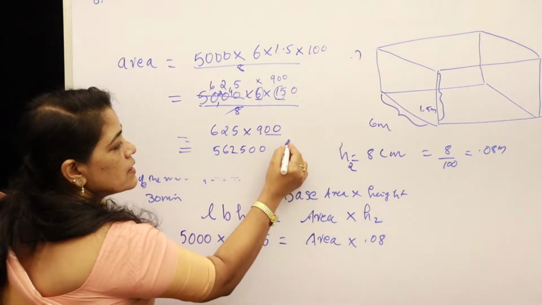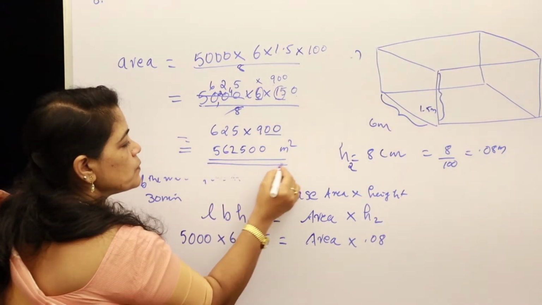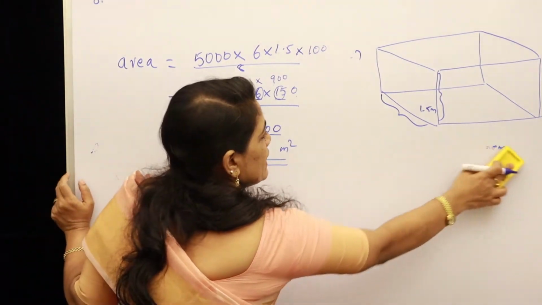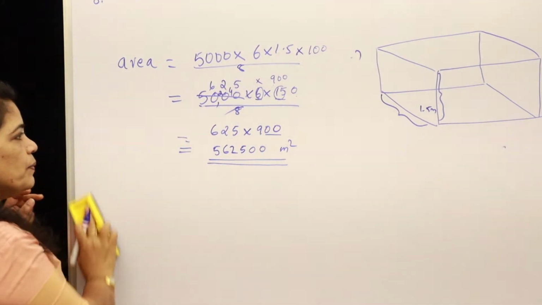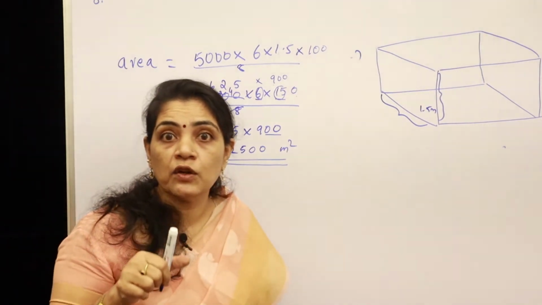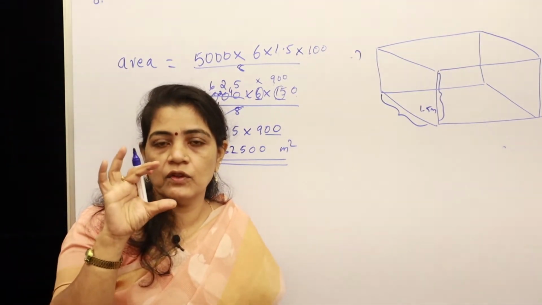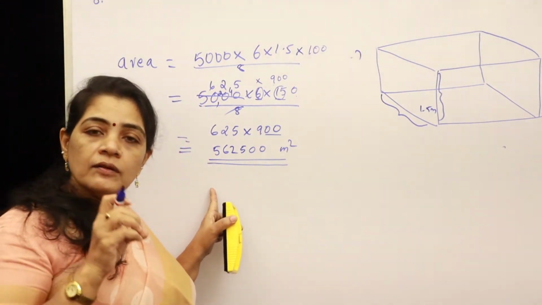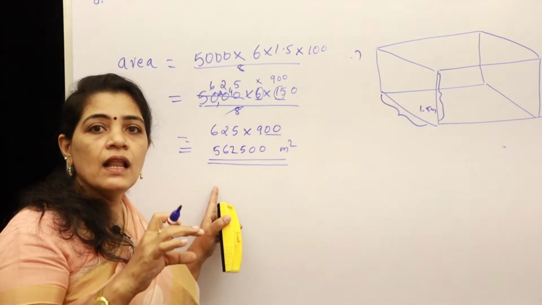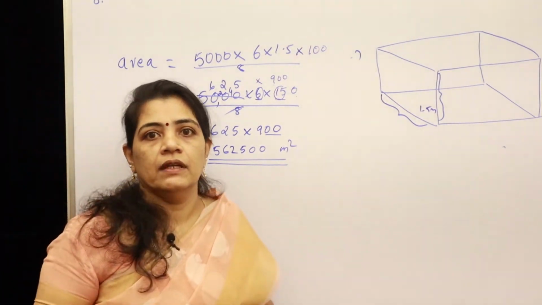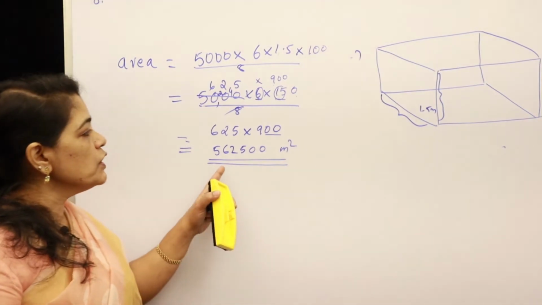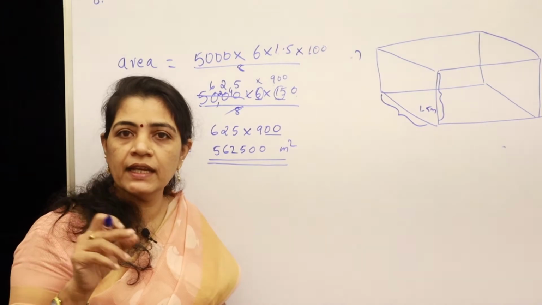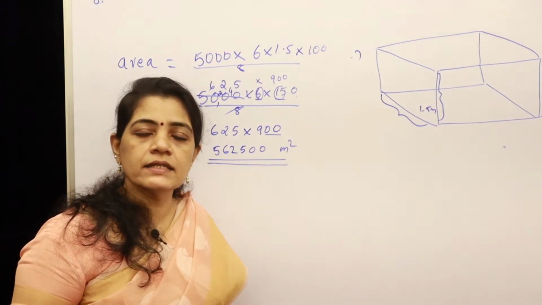All are in meters, so the area should be expressed in square units. So this much area can be irrigated by keeping 0.08 meter height of water in the land, from the water of the canal flown in 30 minutes. In order to convert this into hectares, that conversion I have explained in the first video, part 1 of this lesson.